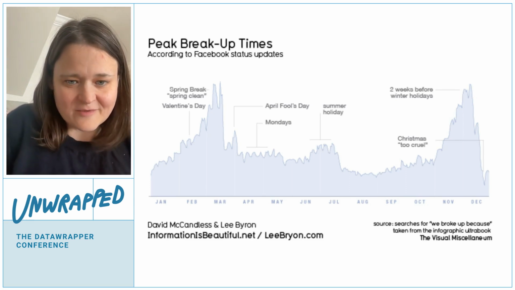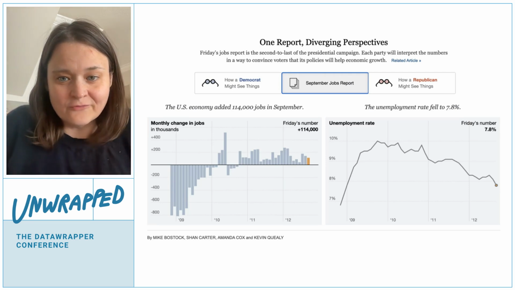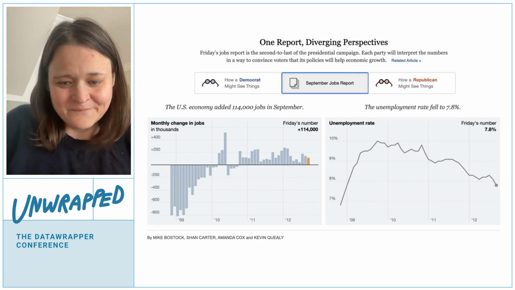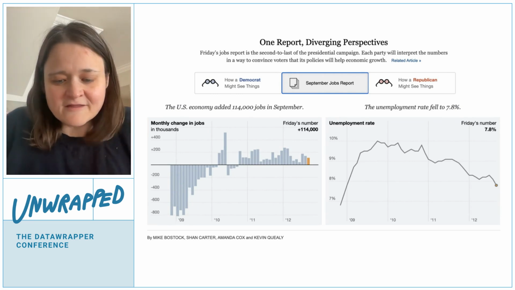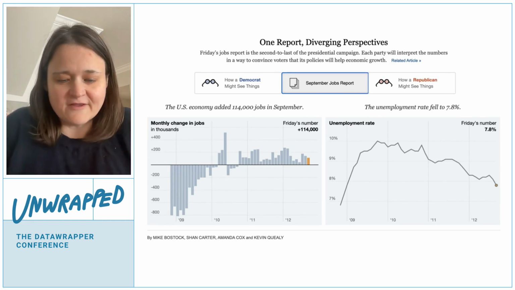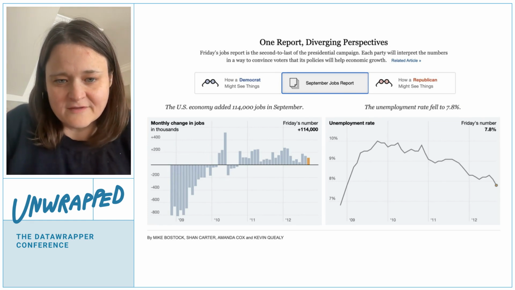My classic other example of talking about this is an old jobs day chart example. Normally you can just make a bar chart on jobs day that says the economy added this many jobs and the unemployment rate is whatever percent it is.